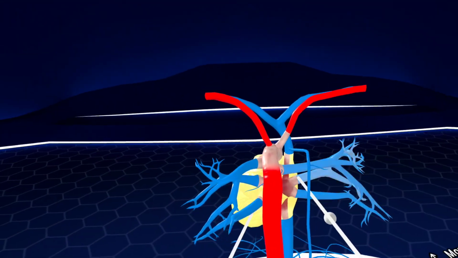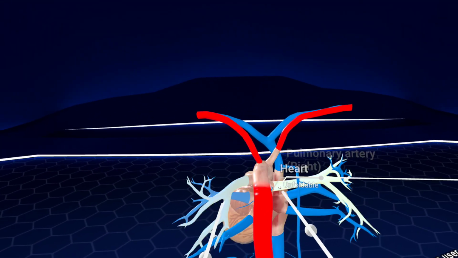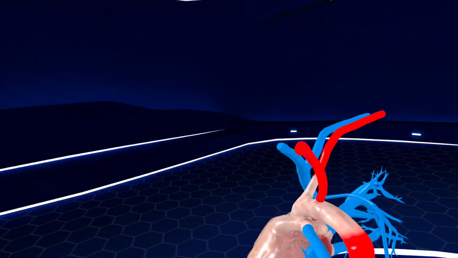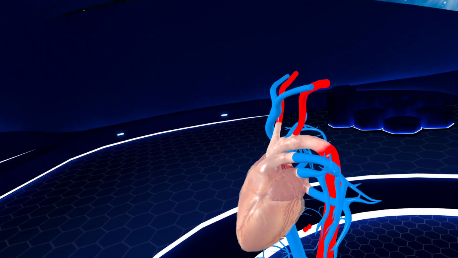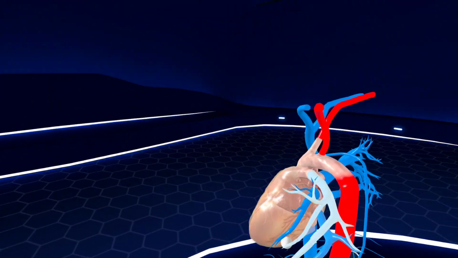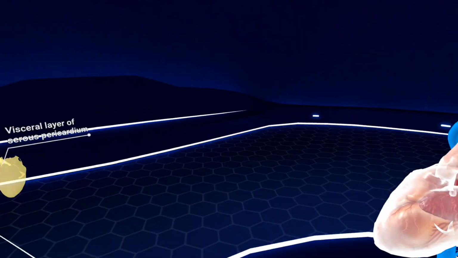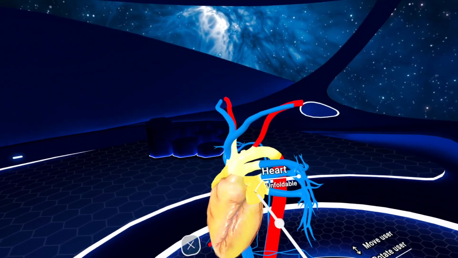You can see it here posteriorly more clearly. Here's the trunk. It is dividing in two, the left and the right pulmonary arteries. They are superior. We can see the left atrium, which, if we move the visceral layer of the serous membrane, we could see the